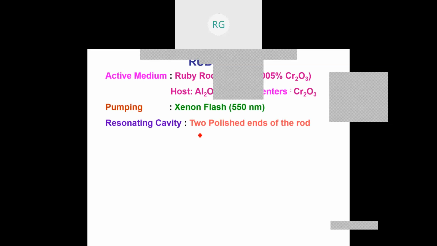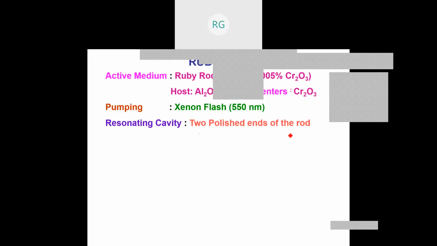The first component is active medium. Active medium is made by a ruby rod, simply a ruby rod. Now, if I look at the active medium, we have seen that active medium is of two types. One containing host, other we call it as the centers, active centers. In this, we have active centers as chromium atoms. Means that in the host crystal lattice of Al2O3, we dope the chromium atoms.